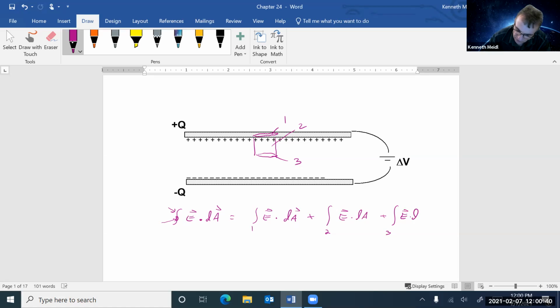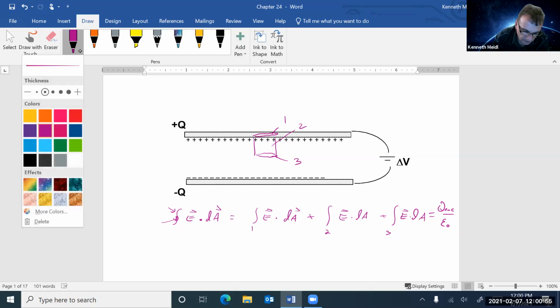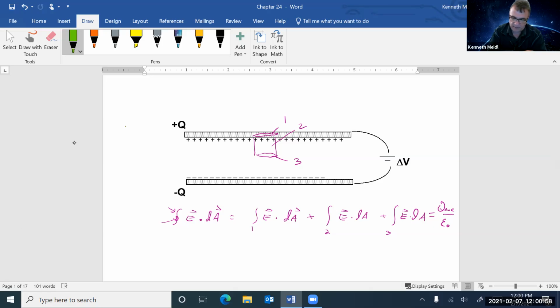And surface 1, surface 2, and surface 3 are not closed surfaces, right? They're just areas, but they make a closed surface. Now, the hard part with Gauss's law is that there are a lot of concepts that get involved here. And when it comes to that first area, that end cap that's inside of the plate here, I know there